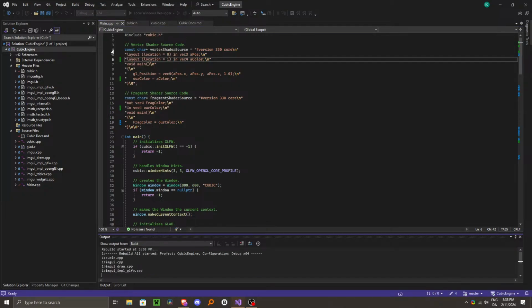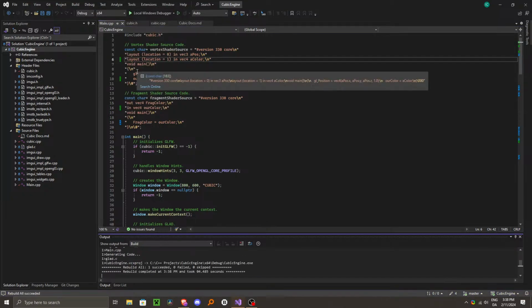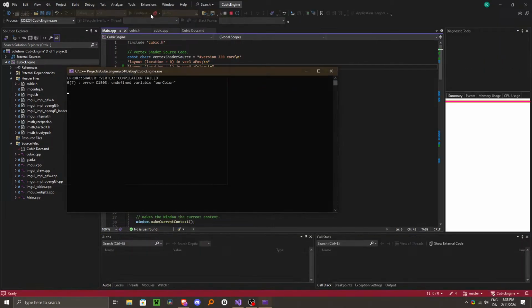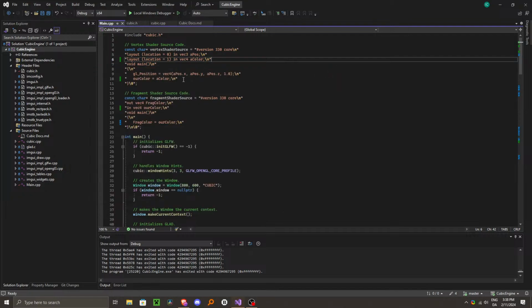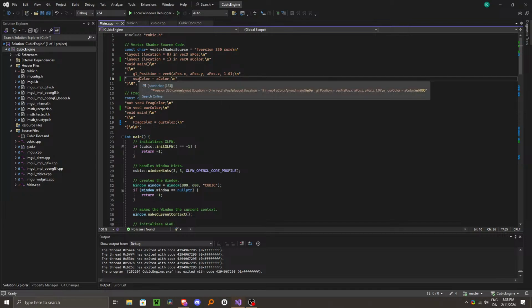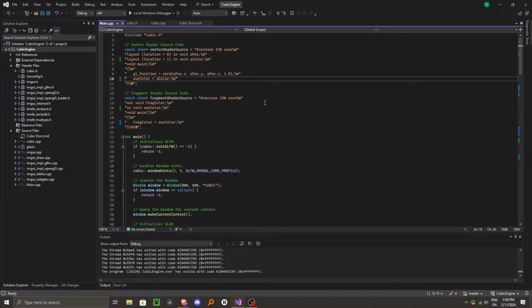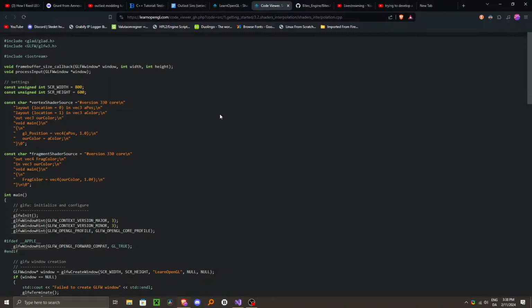Let's try rebuilding. Nope. Alright, so all color is not defined. Doesn't make sense, but actually, is there any spelling mistakes? No. There's no spelling mistakes, so why doesn't this work? In all color and